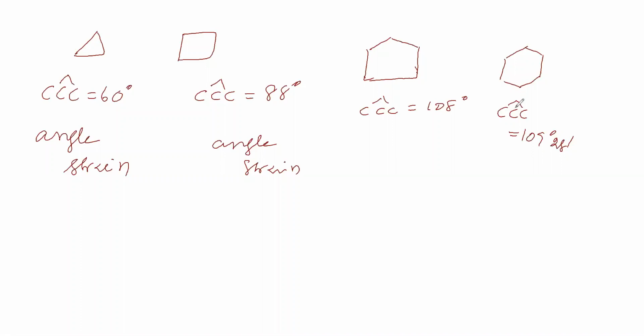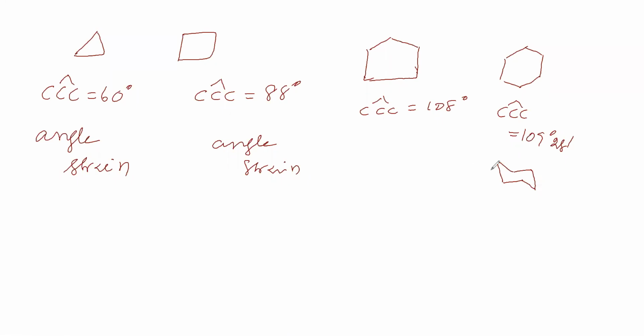In cyclohexane, the CCC angle is 109 degrees 28 minutes. This indicates that the carbon atoms in cyclohexane will not be in one plane. It is a tetrahedral structure. Therefore, the stable form of cyclohexane is the chair form. Now you say that among these, where angle strain will be highest and where angle strain